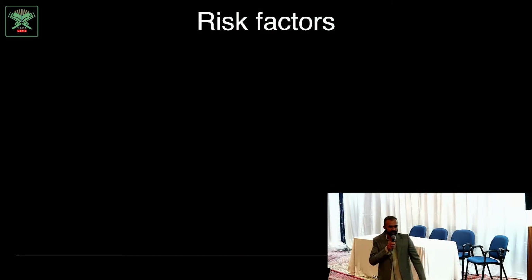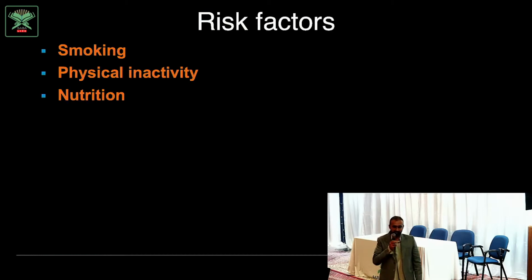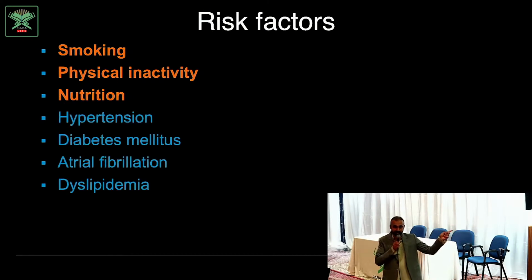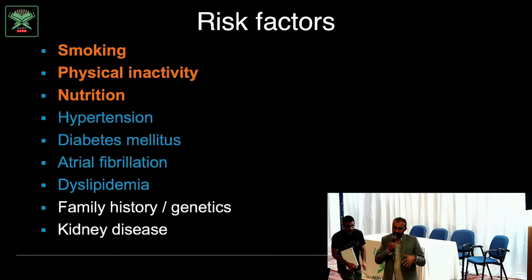What are the risk factors for developing this? Some things you can control, some things you can't. These are things you can control about your risk of having a stroke. Don't smoke, be physically active, eat a good diet. There's other things that could contribute to causing a stroke that you can control with medicines. So high blood pressure, diabetes, heart arrhythmias, and problems with high cholesterol. All of those things can be treated with medicine though.